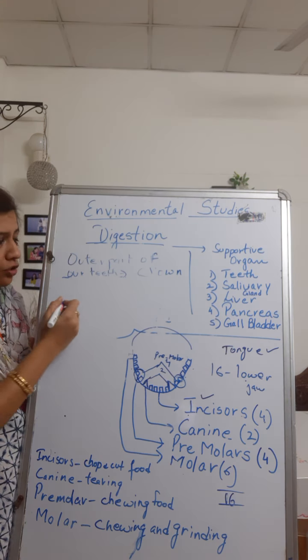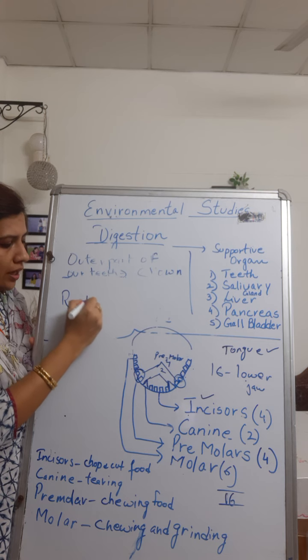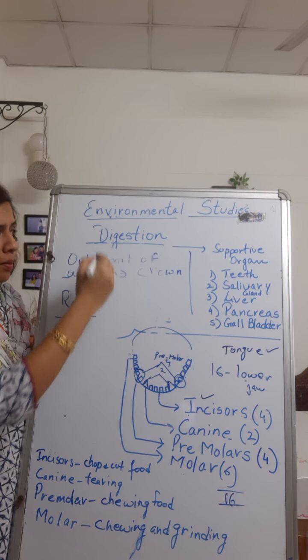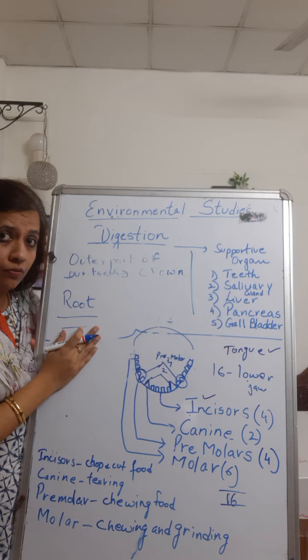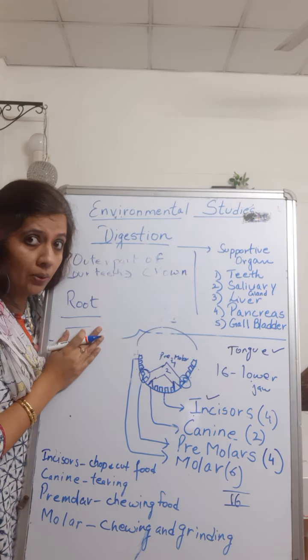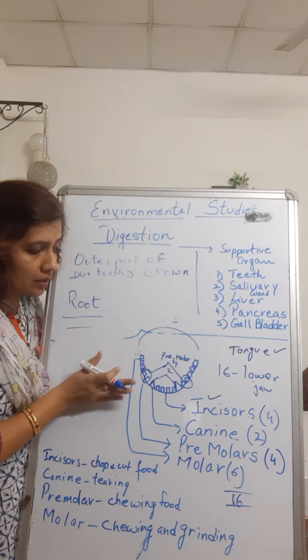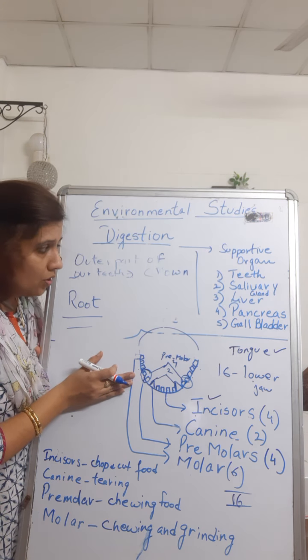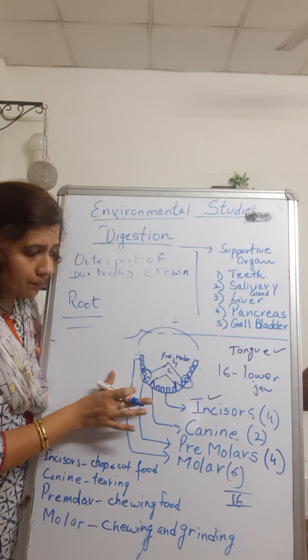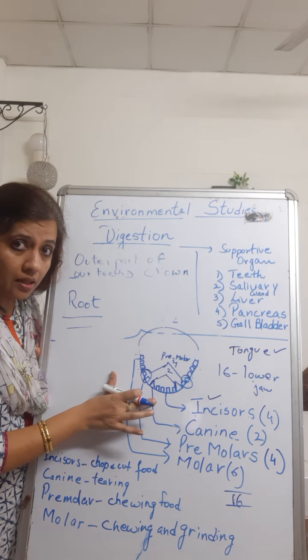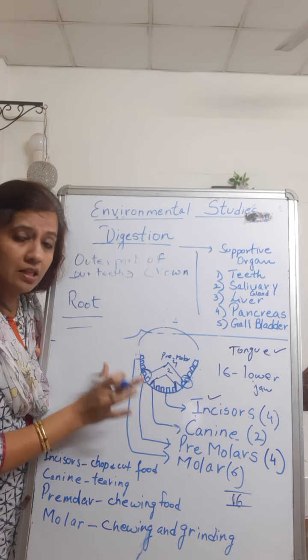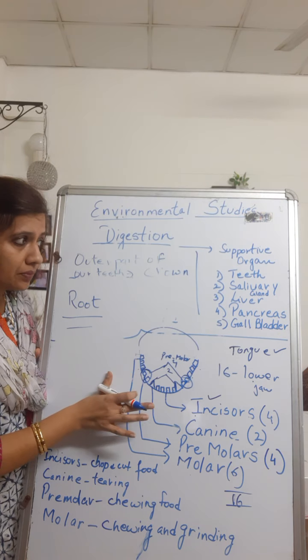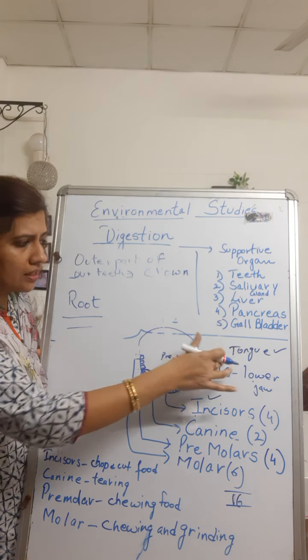And the teeth also have a root. एक root भी होती है teeth के पास. But in your book, since we follow the NCERT book, it just has the number of teeth we have and the kinds of teeth we have. So you just concentrate on this. I think the kinds of teeth are clear to us, and I hope you have studied this in previous classes also. Okay, so we're just left with the tongue.